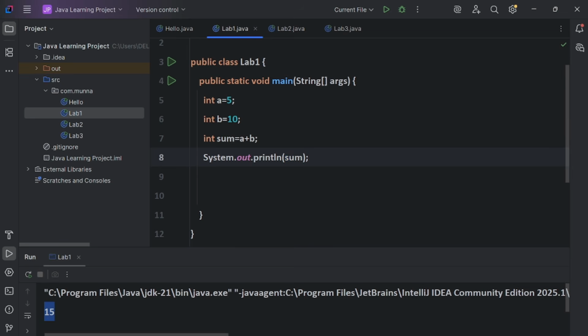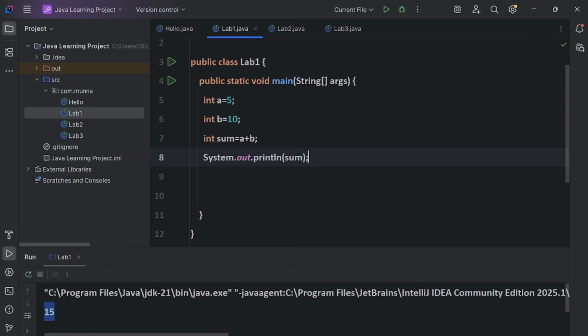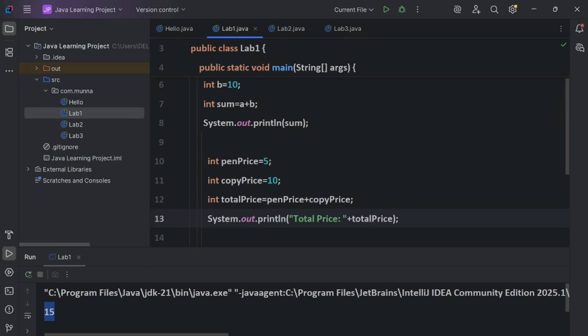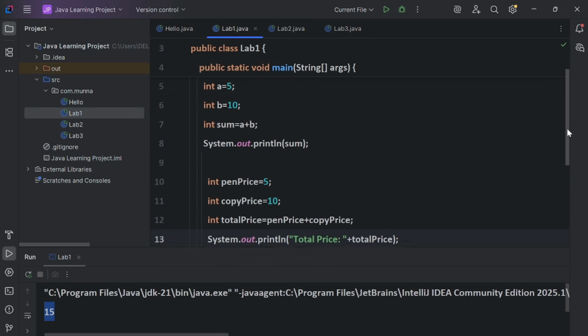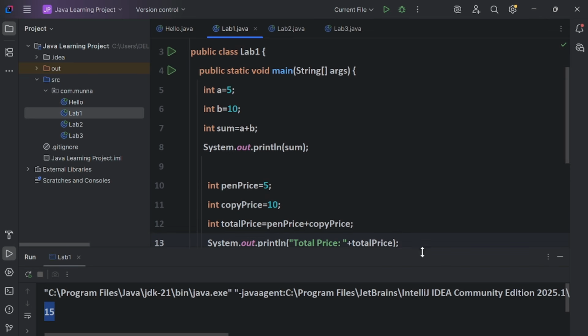If we think in a real scenario, this is not that meaningful. It is just declaring a variable a and a variable b equal to 10 and just adding the sum. These are not the standard. For writing a real application in a professional way, we usually declare the variables like this.